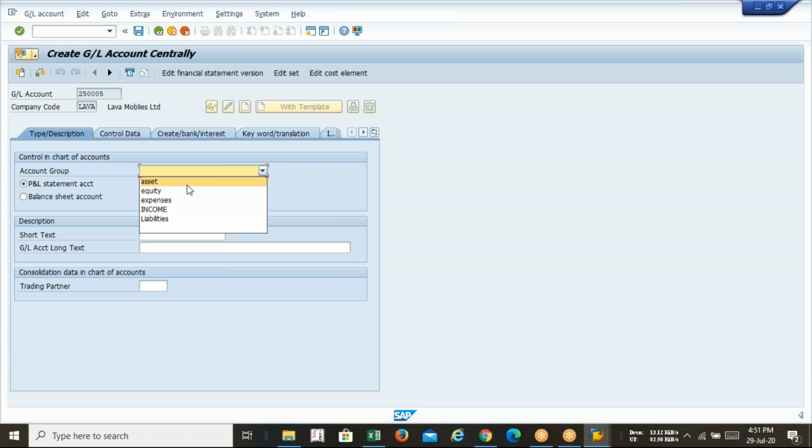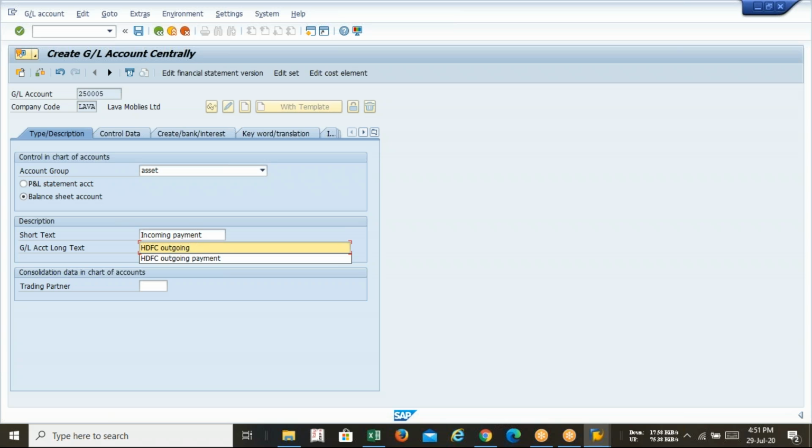That will be the asset. Once again, it's my balance sheet account, and this time I am going to select incoming payment. HDFC incoming payment, so that I can identify.